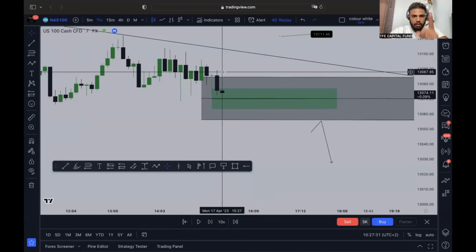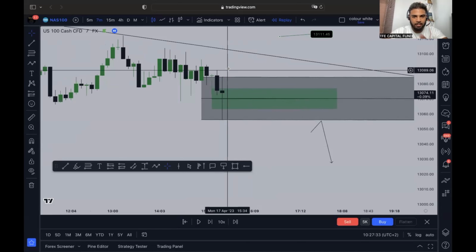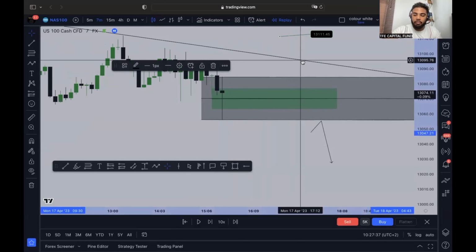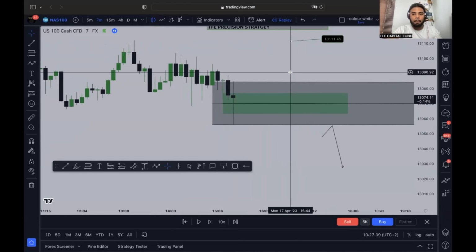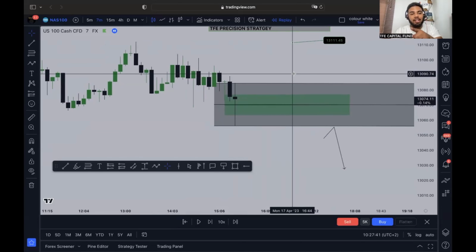Here we go. There's the 15 and 7 minute candle, right? If you don't know this strategy, this is the strategy I've created. For those who don't know, please do understand you need to go learn the strategy. I shared it out on YouTube all for free. Okay, it's the same thing I trade live with every single day.